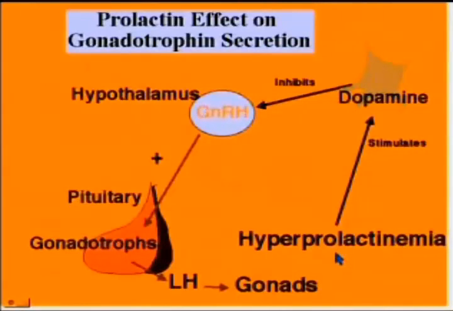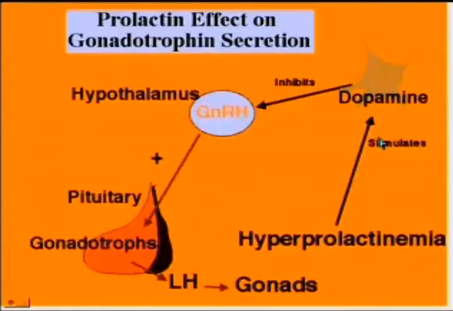This is usually produced by a prolactinoma, which would be a type of pituitary adenoma affecting the lactotropes, a tumor of the cells producing prolactin. Adenoma means glandular tumor. So hyperprolactinemia is going to impact dopamine neurons of the arcuate nucleus,